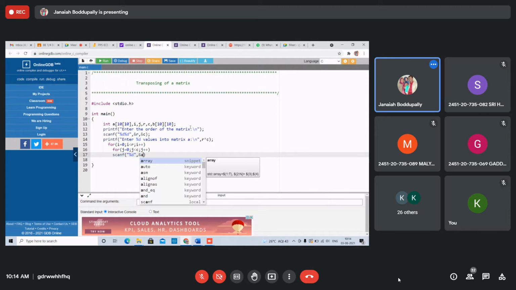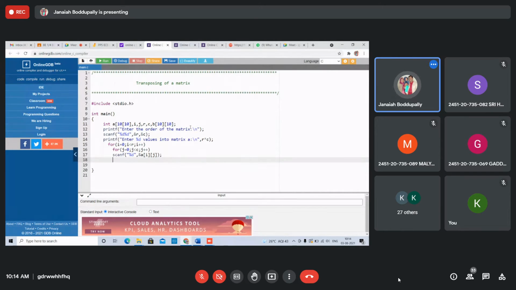Understood, students? How to read the elements? Two for loops and reading the elements. Enter the order, then enter the elements.